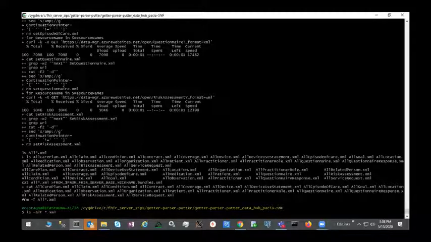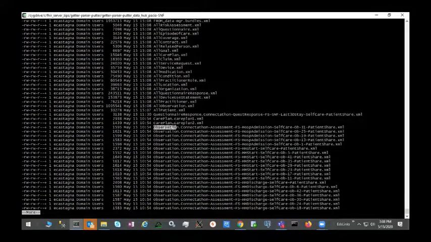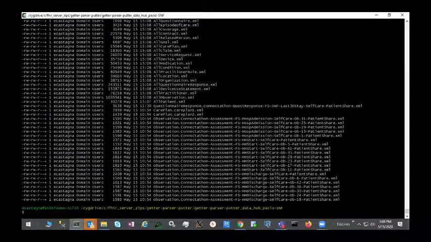The parsing part of it takes a while, so I'm just going to take a shortcut and say this is eventually what we're parsing it into. It'll be parsing it into the files, observation, Connectathon assessment, hospital, blah, blah, blah. And then after it's parsed out, which takes quite a while, it pushes it into the server, just using a putter. Right now, I issued this command earlier on today. So we're going to be showing the data that was acquired earlier on today, which looks a lot like the data which we're expecting to be there. So I'm going to put it back to